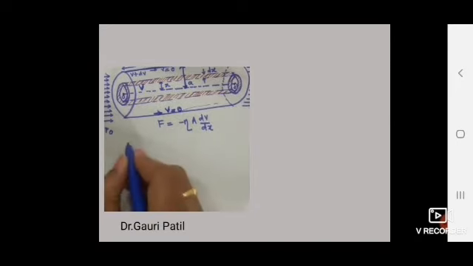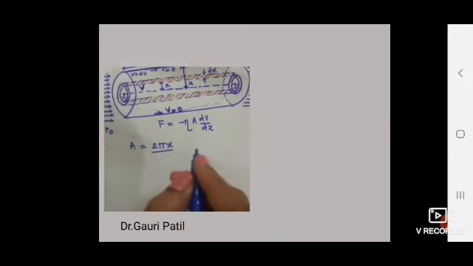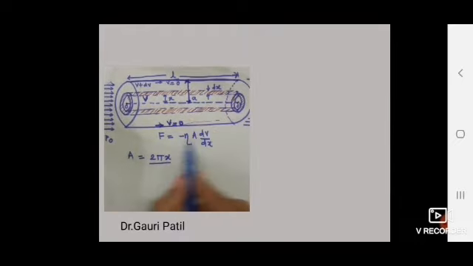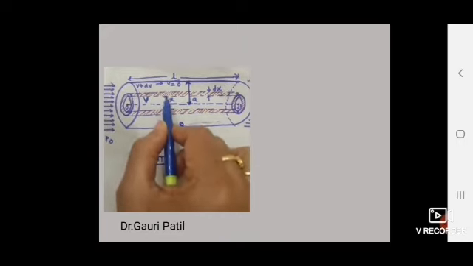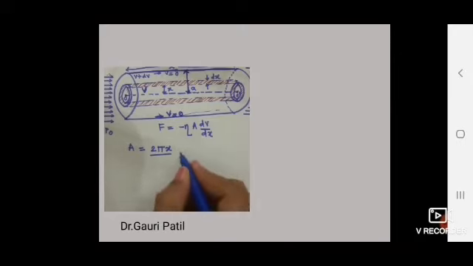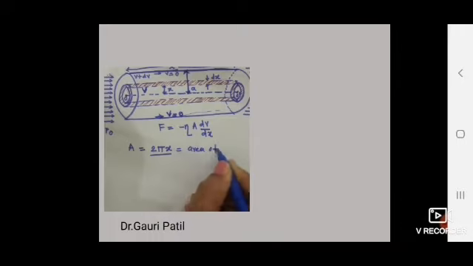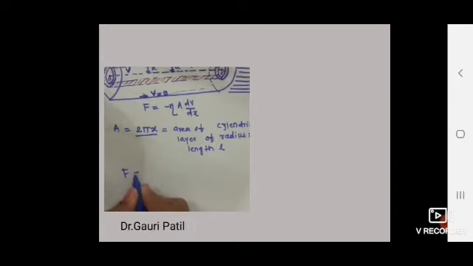Here A is equal to 2 pi x L, the area of the cylindrical layer of radius x and length L. Means this is the area of this cylindrical layer having radius x and length L. So here we will write minus eta into 2 pi x L into